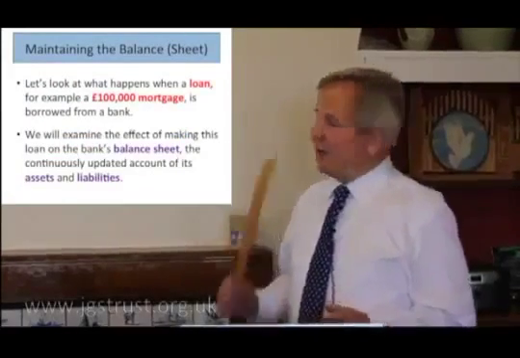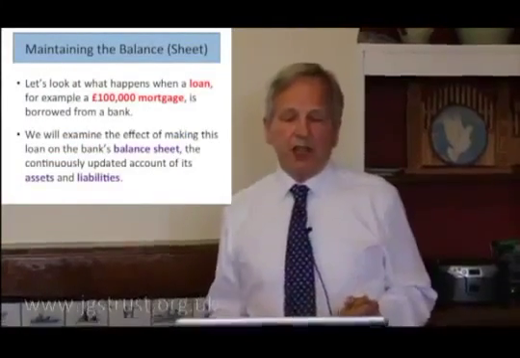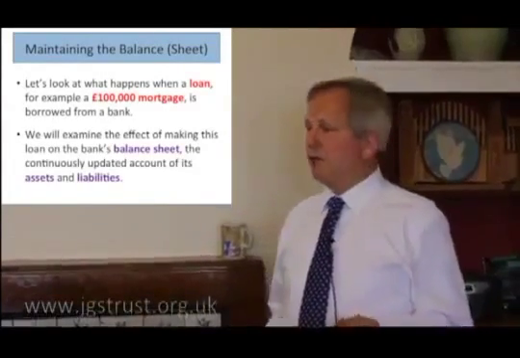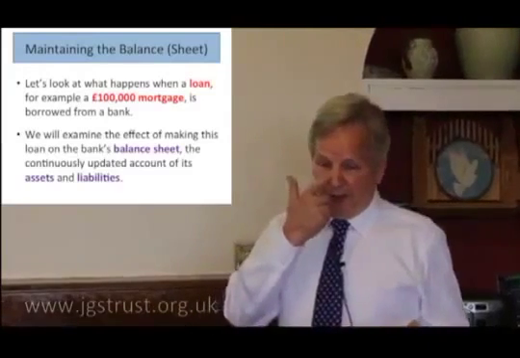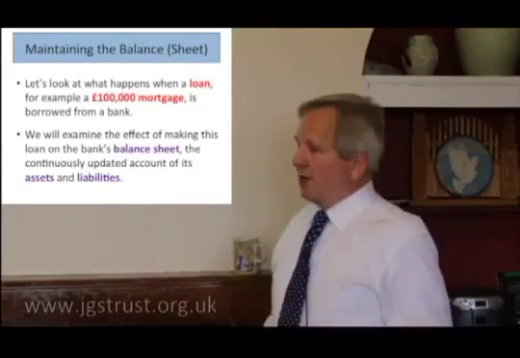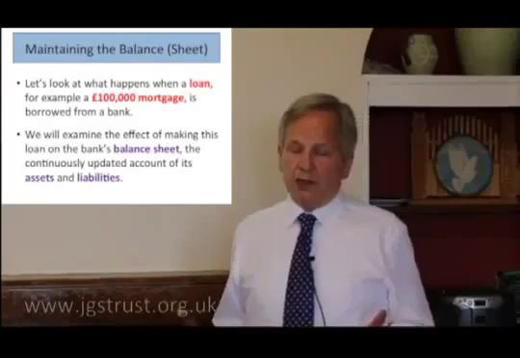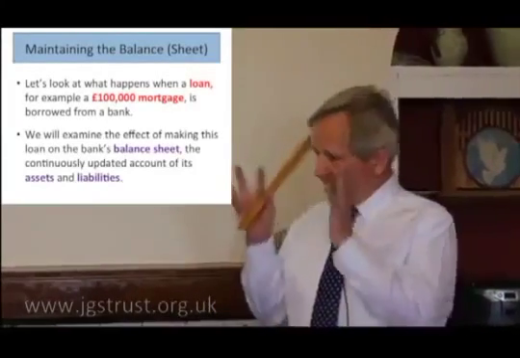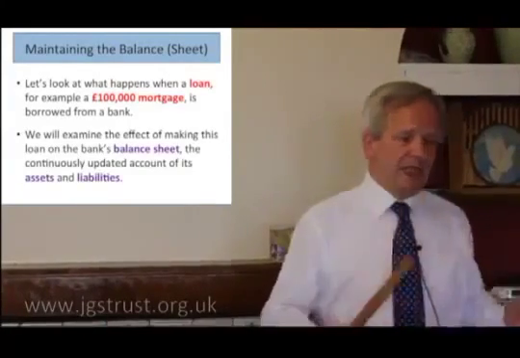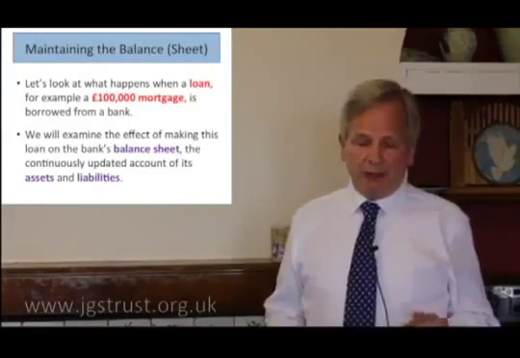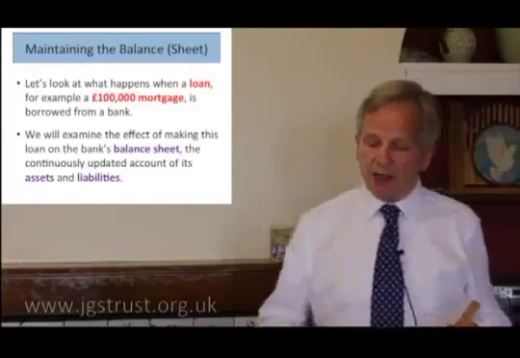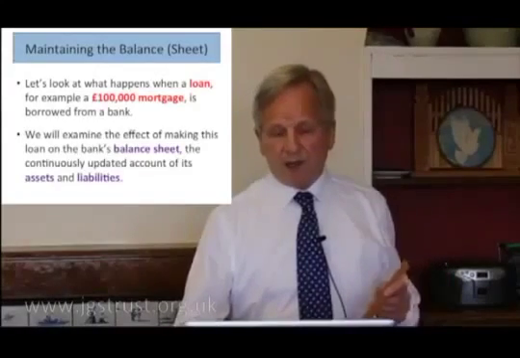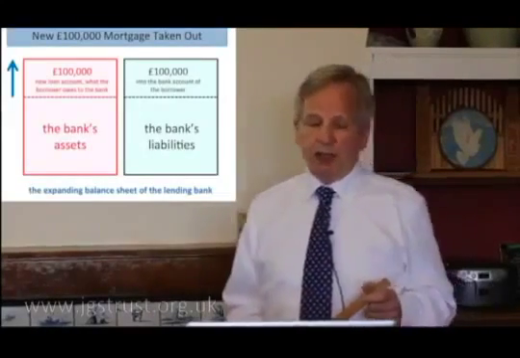Right, well, that's the initial balance sheet. How does that balance sheet change when somebody comes along to the bank and wants a loan, a £100,000 mortgage, say? Let's have a look at that balance sheet, how it changes in terms of the assets and liabilities. Because remember, all a balance sheet is, is a snapshot of the current state of play of the bank, how its assets and liabilities change over time. So here's an event, a basic event. Somebody takes out a mortgage. What happens to the balance sheet?